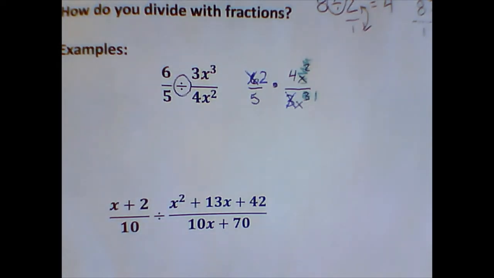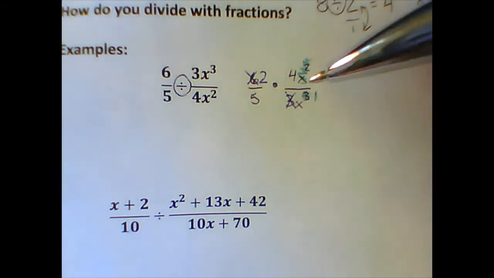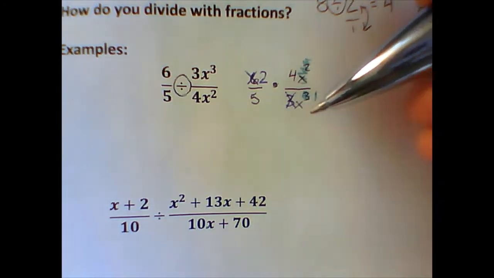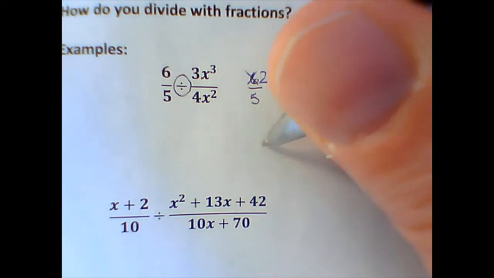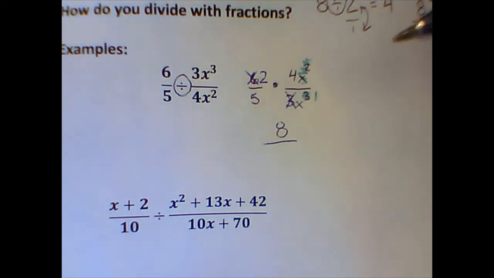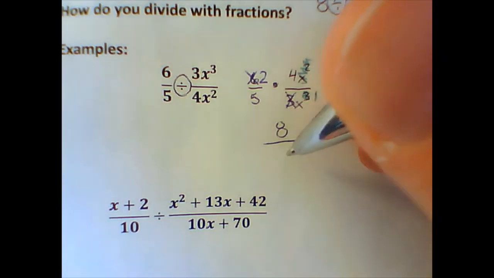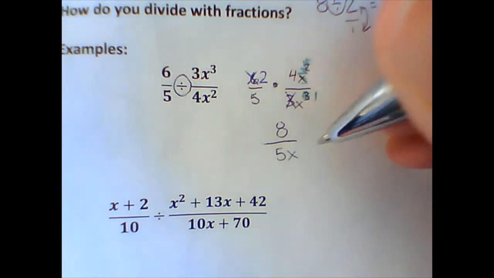Okay, so wherever the most x's are, look for the exponents to find the most. That's where the final variables will be. Okay, so let's finish this out. We have 2 times 4 on the top. That's an 8. And then on the bottom, we have 5 and x with no exponent because there's just one of him left. You can put the 5 in if you want to track the exponent, but